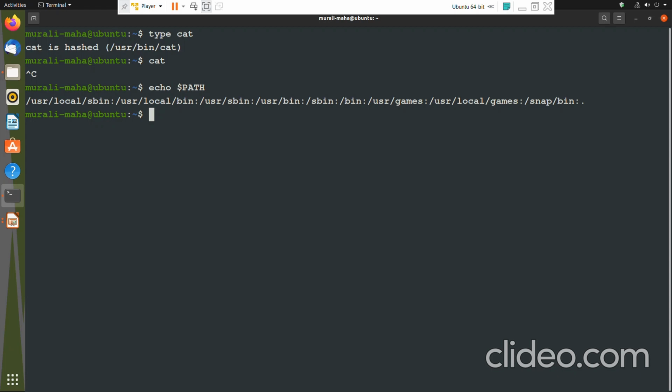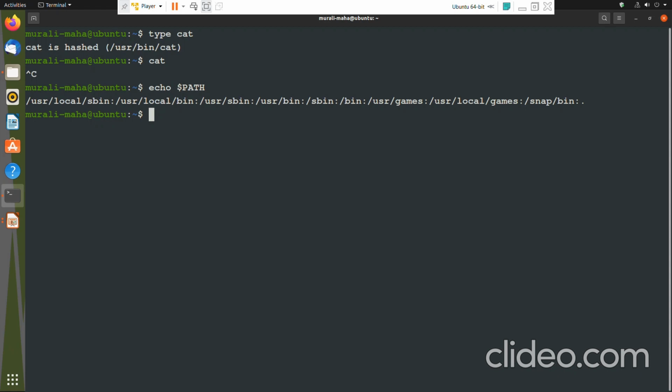In the path variable, what do you have? A set of directories indicated in the form of their absolute path names, each separated by a colon character. So these are directories separated by a colon character.